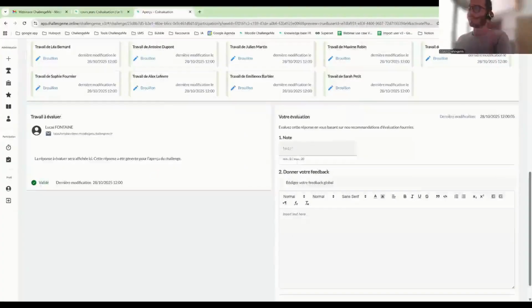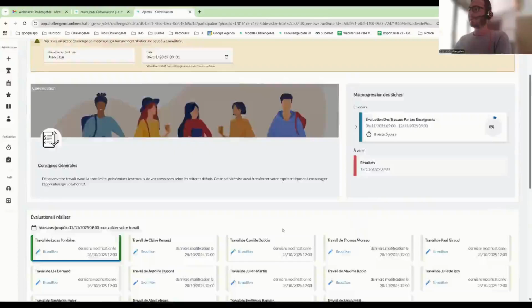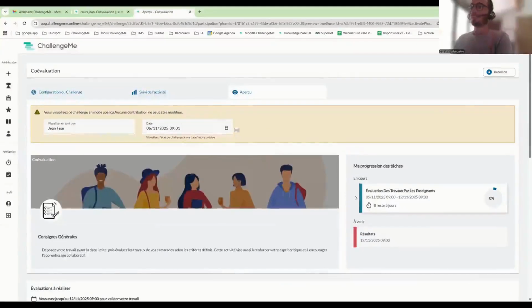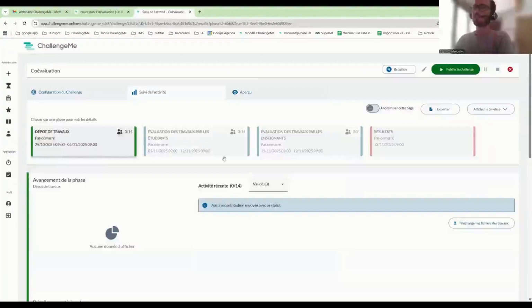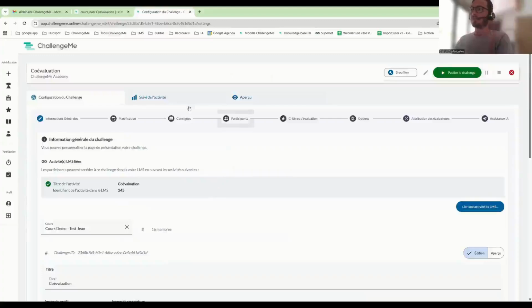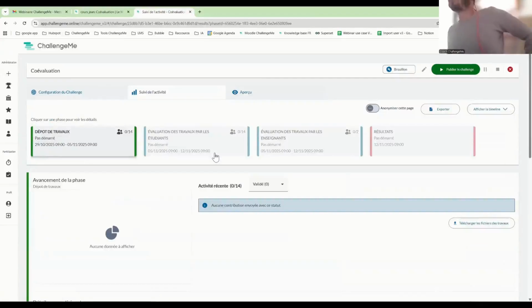And as a teacher, you can simply give a grade here. In what we've set up now, everything is configurable. This is just to show you the principle. So that's a bit how it works to preview the challenge and then to monitor the activity. So here you have 3 tabs. Configuration is for setting up your challenge and preview. This is to see what it looks like from the participant's side, and activity tracking is to see how participation